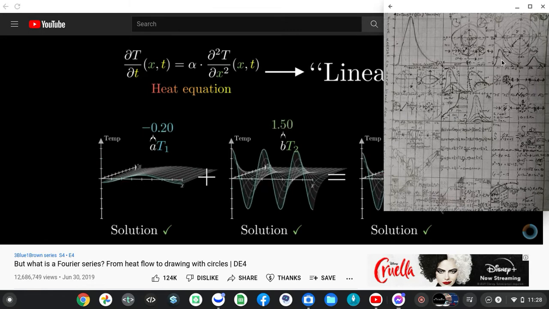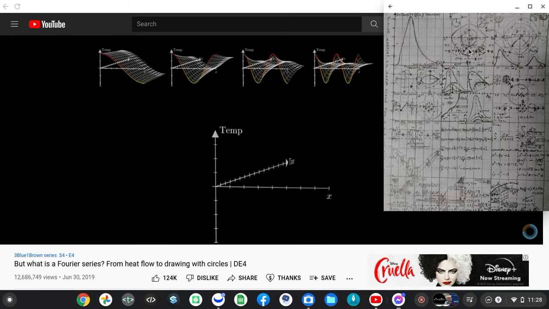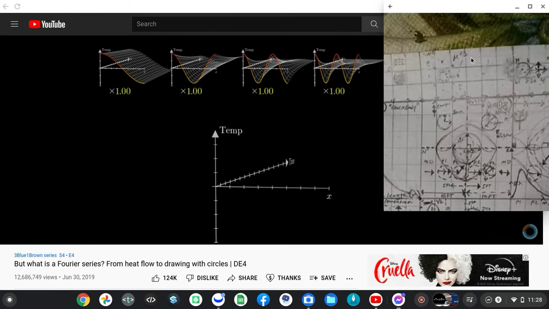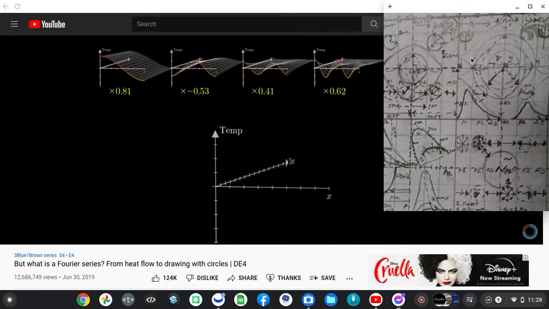This is a fairly straightforward property that I'm sure you can verify for yourself, but it's incredibly important. It means that we can take our infinite family of solutions, these exponentially decaying cosine waves, scale a few of them by some custom constants of our choosing, and combine them to get